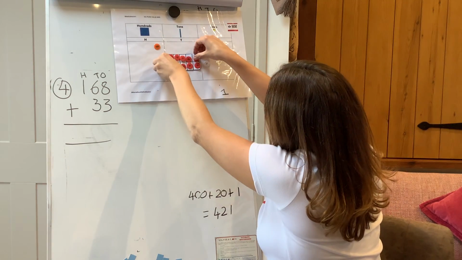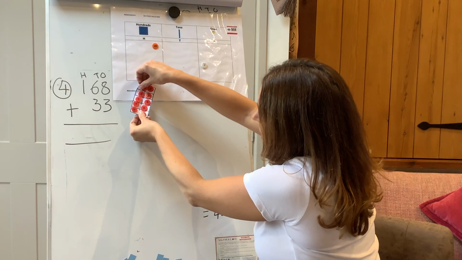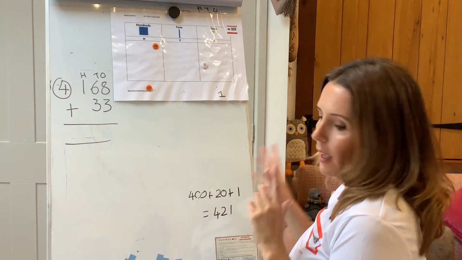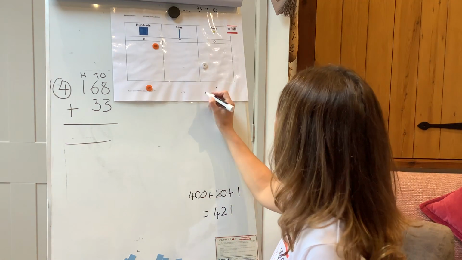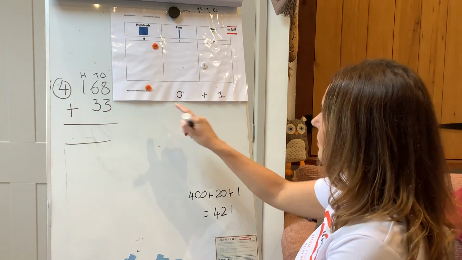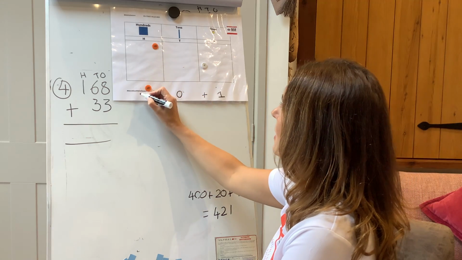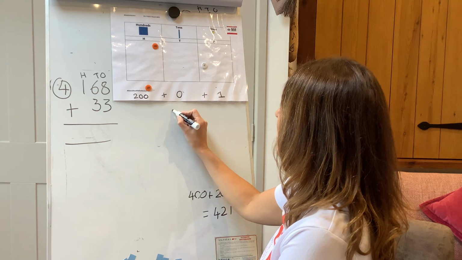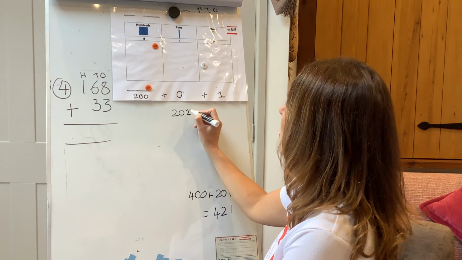Those 10 tens now will exchange for 100 into the hundreds column, so we've got 100 there. Now really important here is that we've got 0 tens, so we need to put 0 in this column because we've got no tens. Here we've got 100 and another 100, which makes 200, so it makes 200 and no tens and 1, it makes